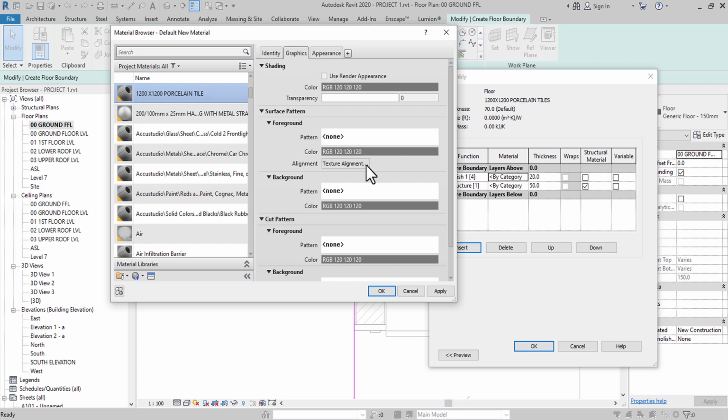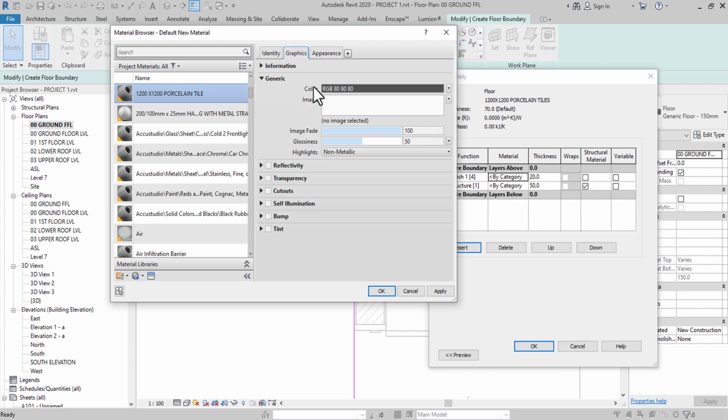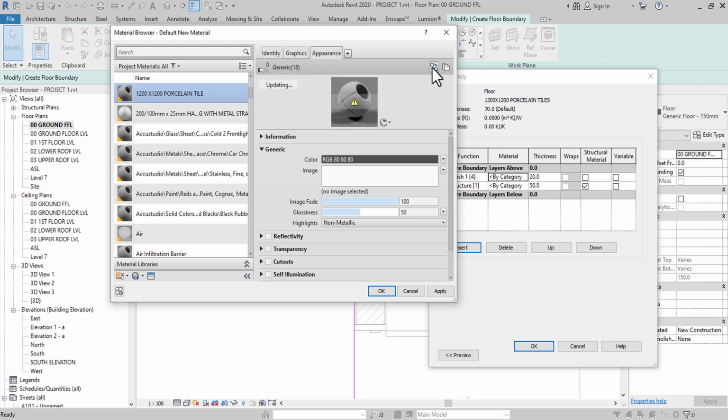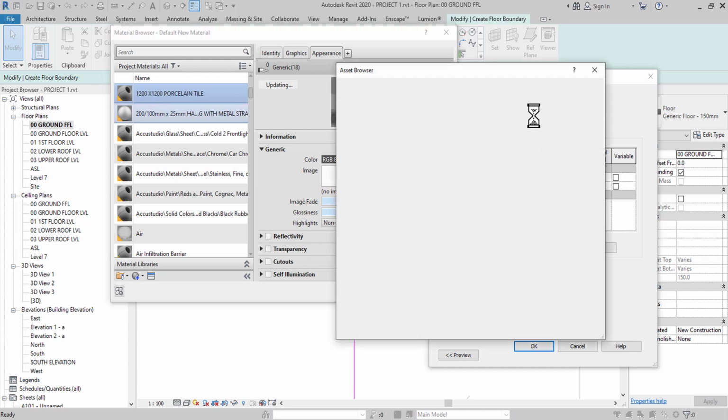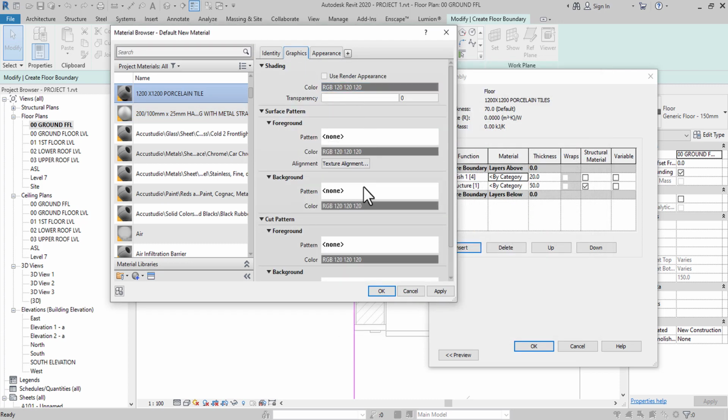So since I'm not rendering with this, I really don't bother about the appearance. I'm more concerned about the graphics. If you want to render and you want it to show, that's where you give it your ceramic or whatever tile that you can edit. But I'm really not rendering, so I'm interested in the graphics, what it looks like. So we want the surface pattern to be